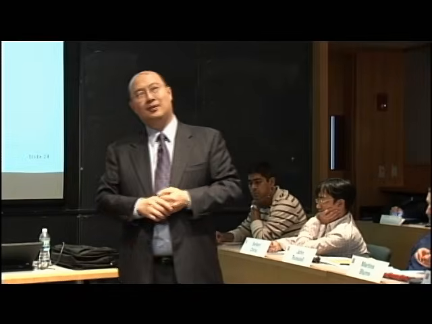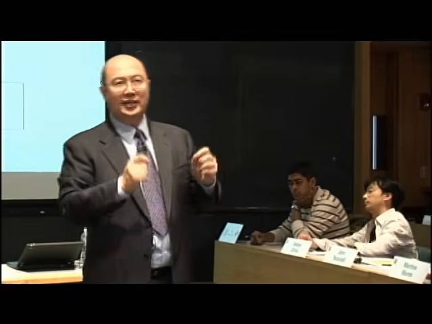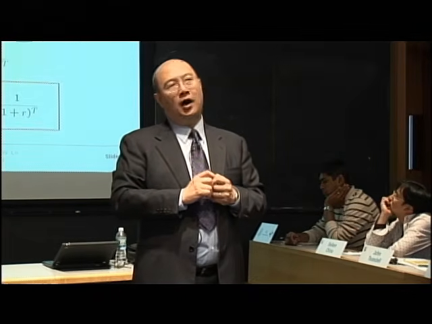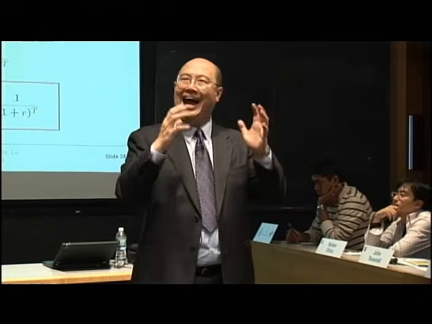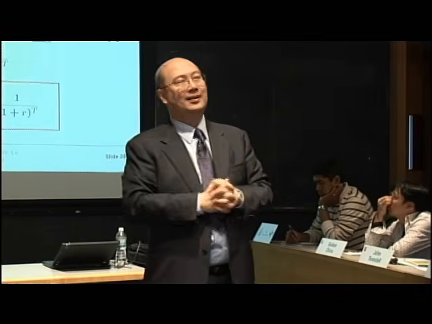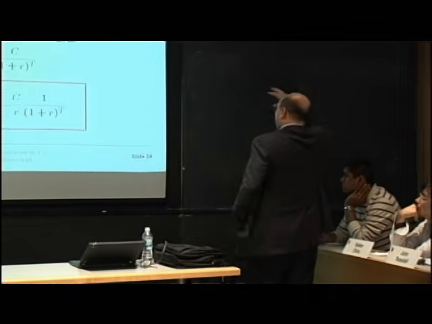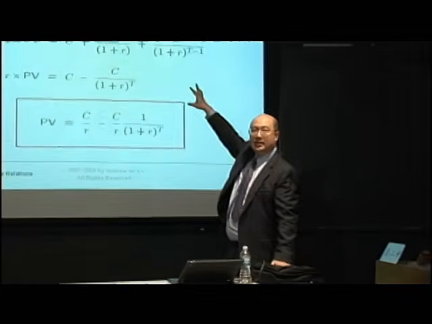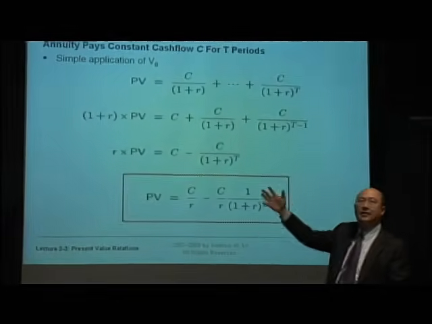And in particular, you can think about the value of an annuity as the value of a perpetuity where you only get to have it for a finite period of time, right? Let me explain. An annuity, the value of that is given by the expression on the top line, right? C for T periods, discounted at the appropriate